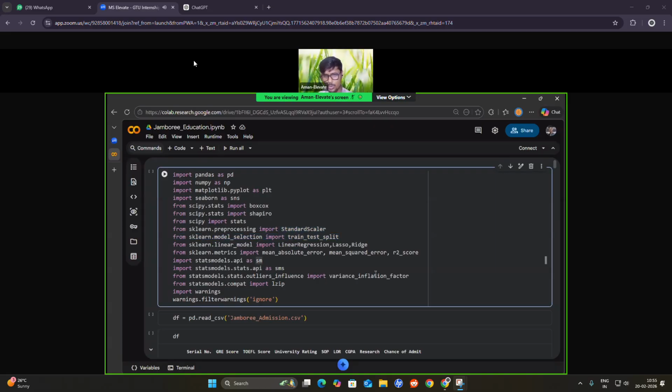Can you share the notebook so that we can follow along with you while understanding the code? No, not right now. I'll share the Colab after this session. I request everybody to just look into this interface